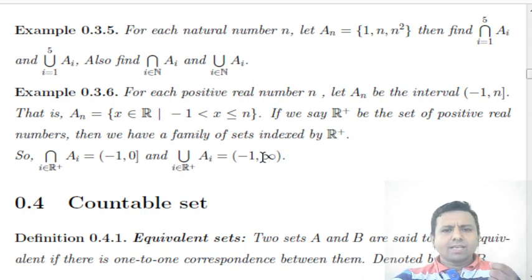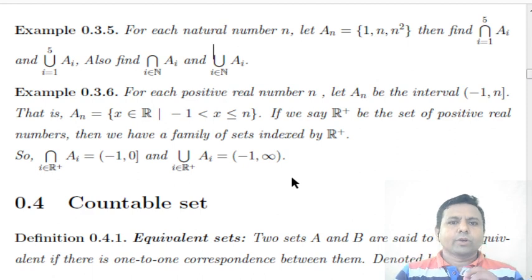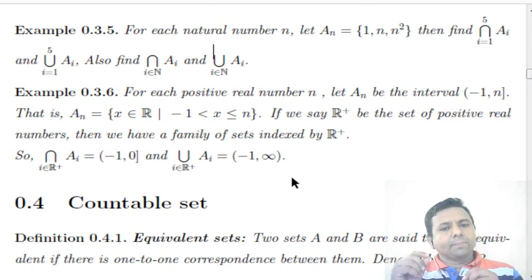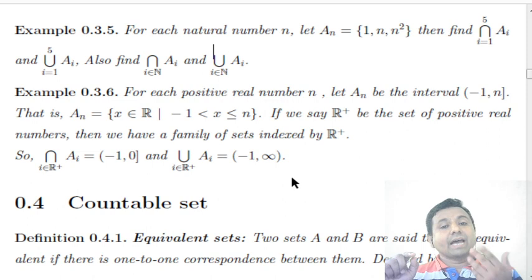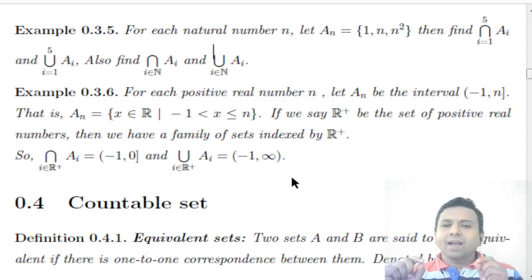So now these are the examples related to the basics of sets, and we extend operations on sets to an arbitrary collection of sets. Now we also extend the Cartesian product. Generally, what does a Cartesian product mean? If A and B are two sets, then A cross B is the set of all ordered pairs. So what is R square? Suppose R is the real line. Then R square is the Cartesian product R cross R.